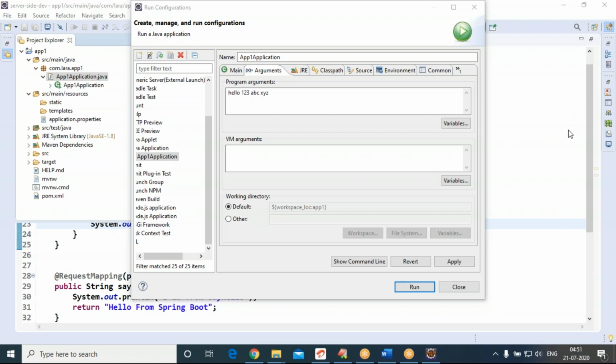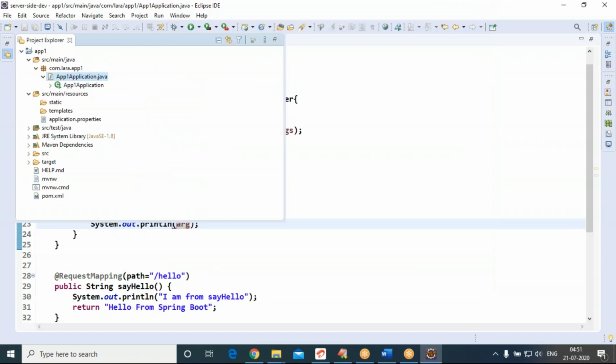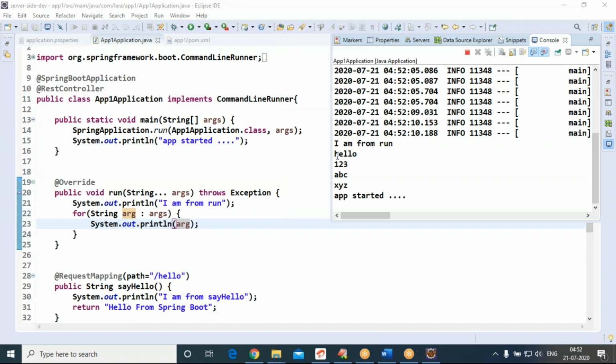Now go for Apply and Run. You can see all the command line arguments.